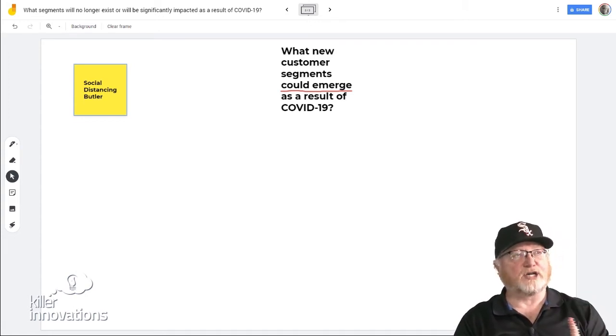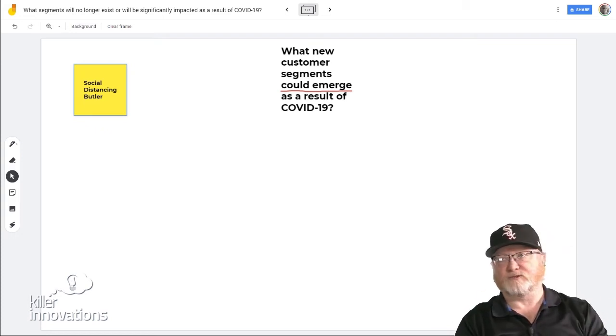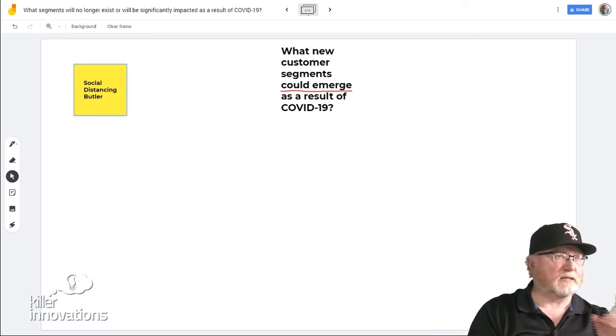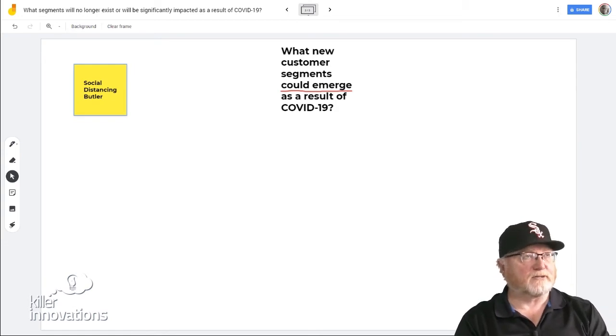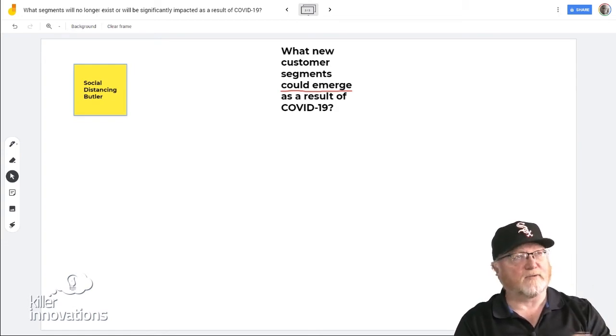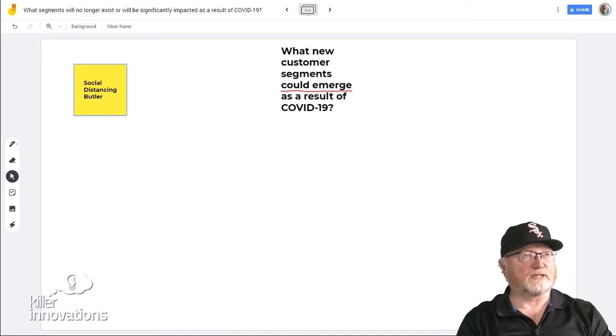This is the one-stop shop. You call your social distancing butler. You tell them what they need and where they can get it. I need these 2 items from Walgreens, this one from Safeway. Stop by the bank and pick up $200 in cash. Whatever you need, this social distancing butler goes and does it for you.